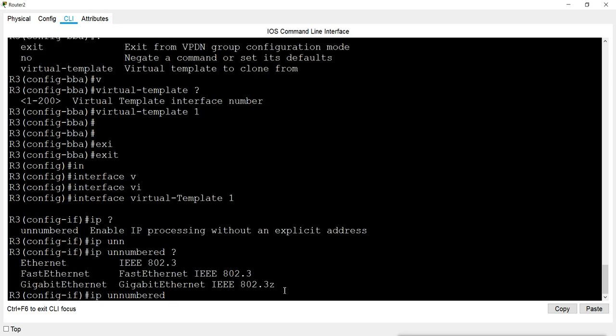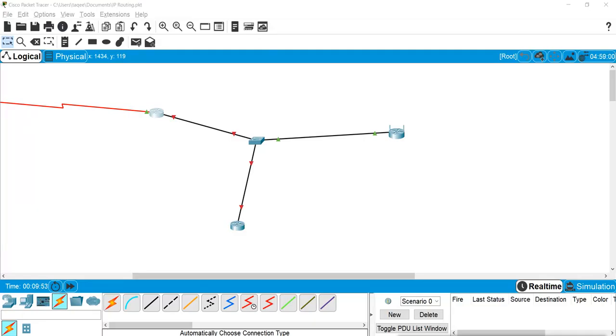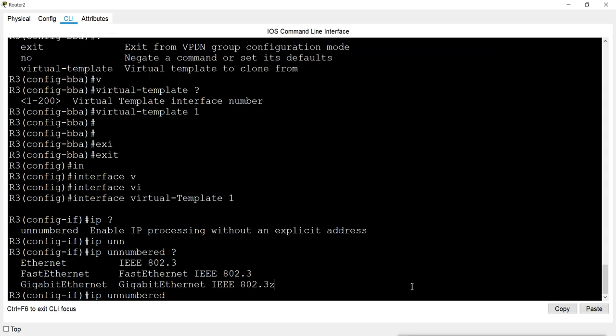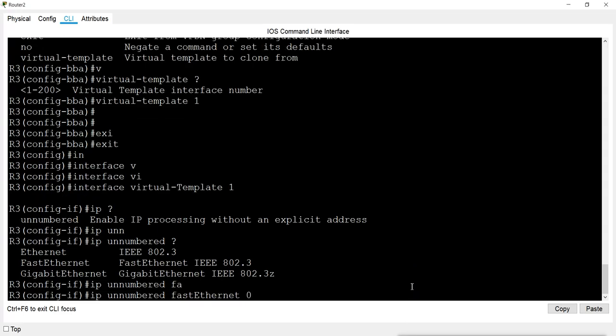Now here we will mention the interface which we are going to give the access. In this I'm using this interface, FastEthernet 0/0. So I will mention FastEthernet 0/0.